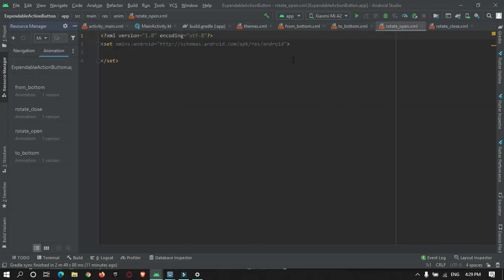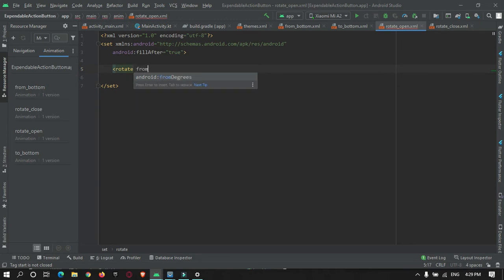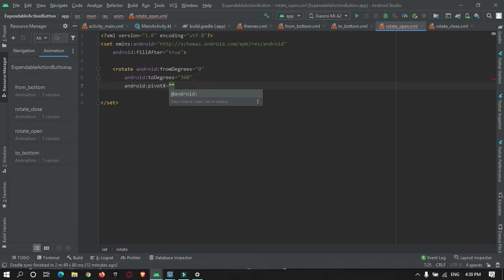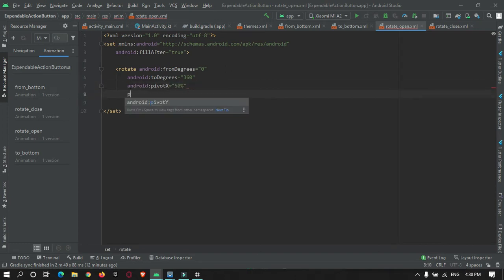When we open it, first of all we will make fillAfter true, and here we will use the rotate property, from degree 0 to degree 360, because we need to spin it 360 degrees. Pivot x will be 50% and pivot y will be 50%, and the duration we can give as 300 milliseconds, meaning 0.3 seconds.